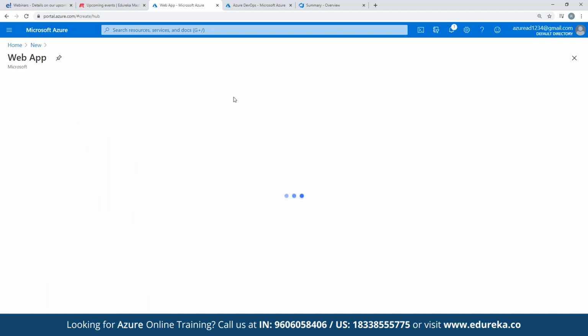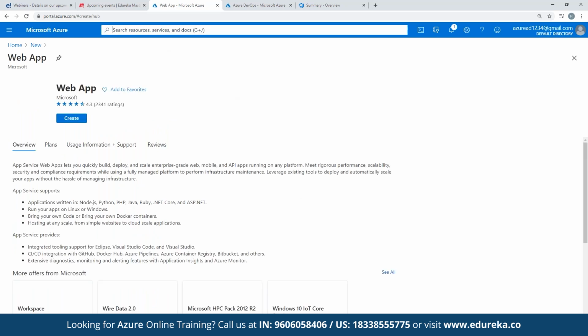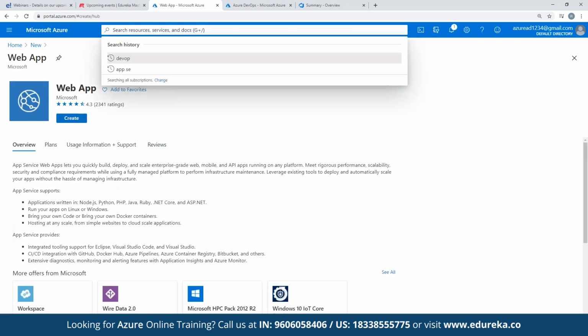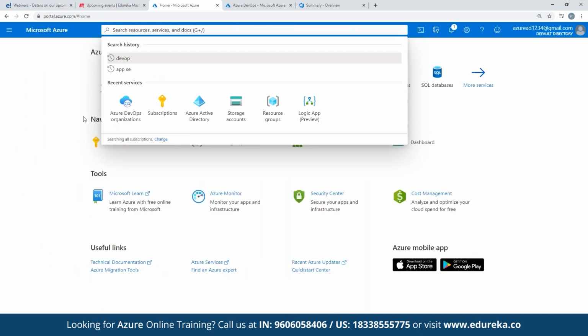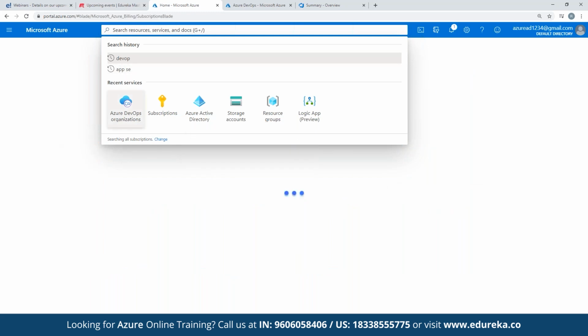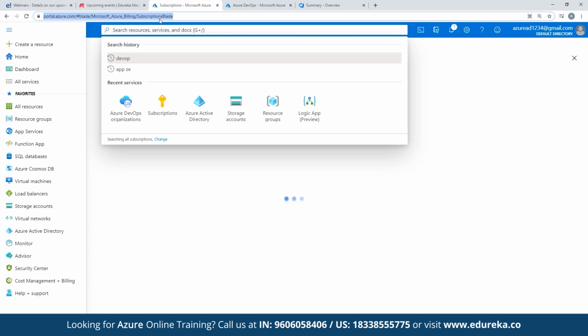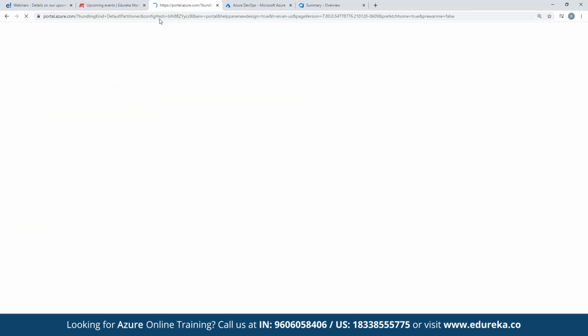In a normal on-prem scenario, it takes weeks or sometimes a month to create a web application. Here it takes a minute or so to create a web app. But we are not getting fully into Azure services because we are covering DevOps here as well, right? So this DevOps organization is the one which shows for you. Once you see the DevOps org, you can create your DevOps organization.